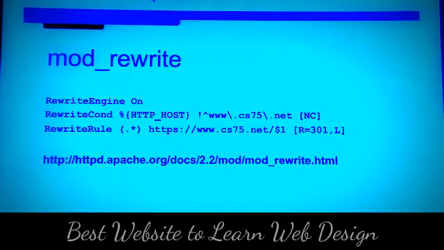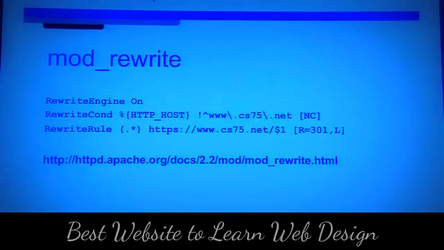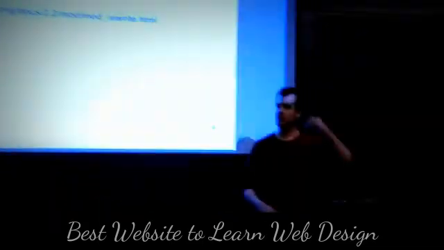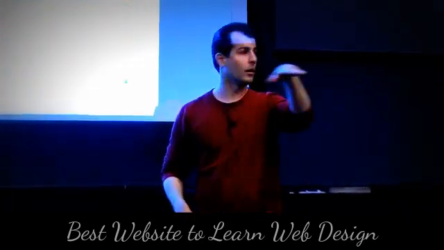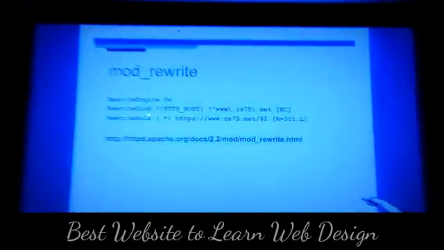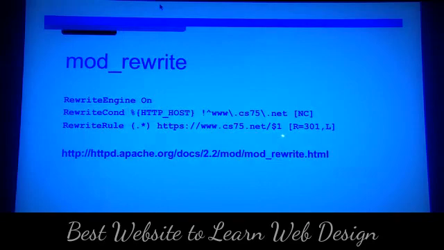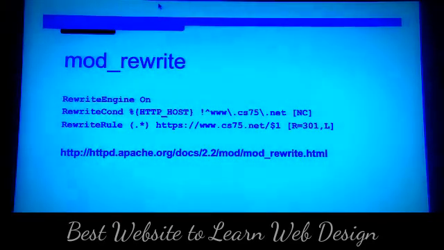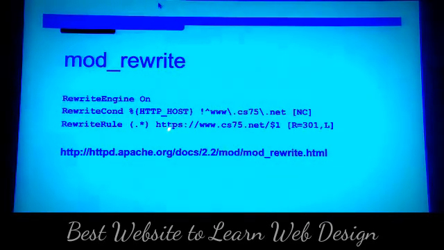What does the following line say? This is a rewrite rule. So if you have an if else, this is the if then part of the expression. So if, then do this. So this thing here, let's come back to and focus on this. I am going to rewrite the user, rather redirect the user to https://www.cs75.net